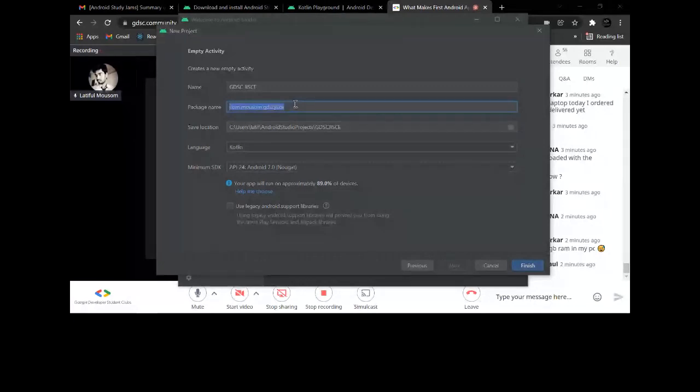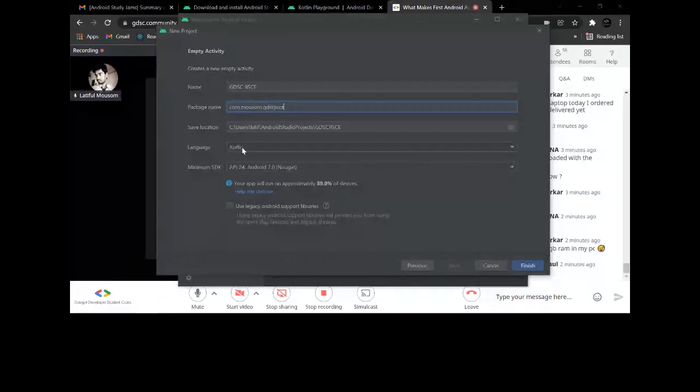So do check it out. You can check now or later. This is the package name, and this will be unique to every application, and this is your location, from where your app will be located, and this is the language.